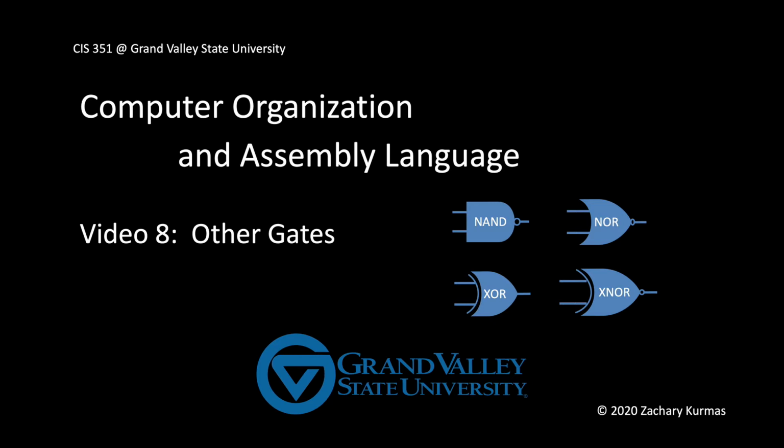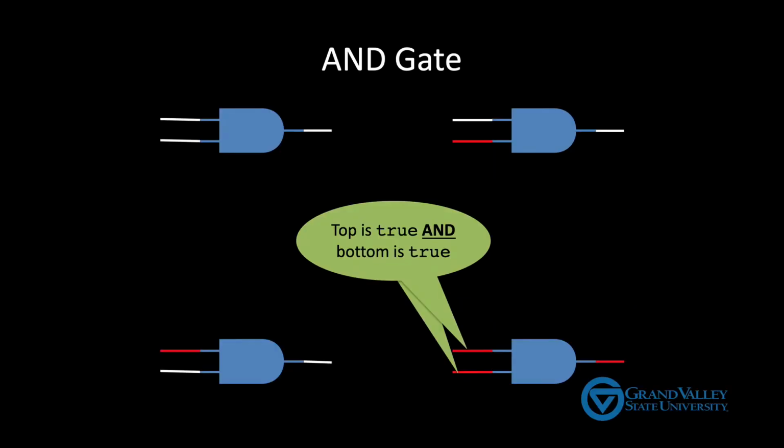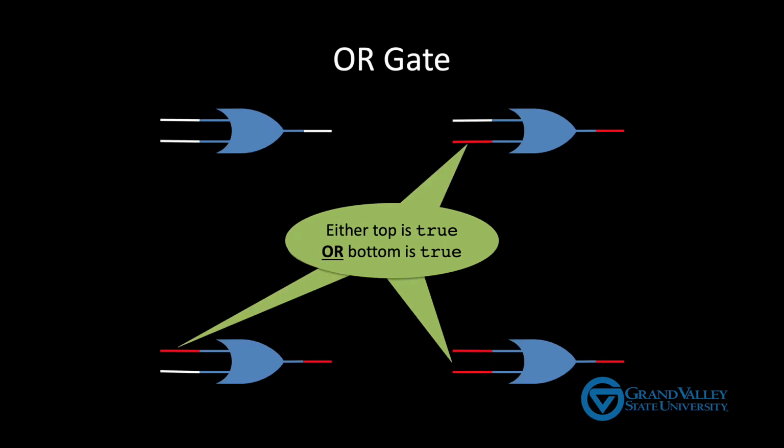The first video introduced the concept of AND, OR, and NOT gates. As is typical, we appealed to intuition when introducing these gates by pointing out that an AND gate is true when the top input is true and the bottom input is true, whereas an OR gate is true when either the top input is true or the bottom input is true. Of course, after this initial intuitive introduction, we point out that the behavior of these gates is formally defined using